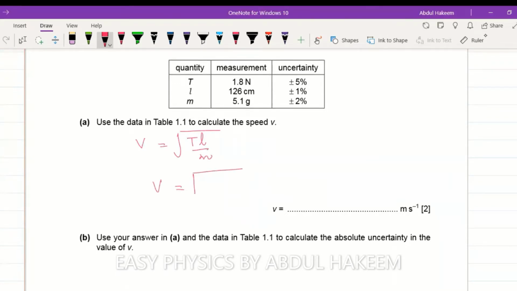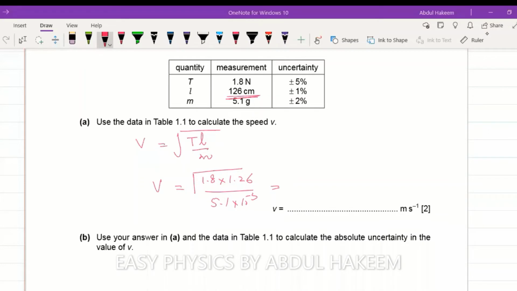Under root, tension is 1.8, and the length 126 centimeter, but in meter it will be 1.26, divided by the mass in kilogram, 5.1 times 10 power minus 3. After calculation, 1.8 times 1.26 divided by 5.1 times 10 power minus 3, and then under root, the answer is